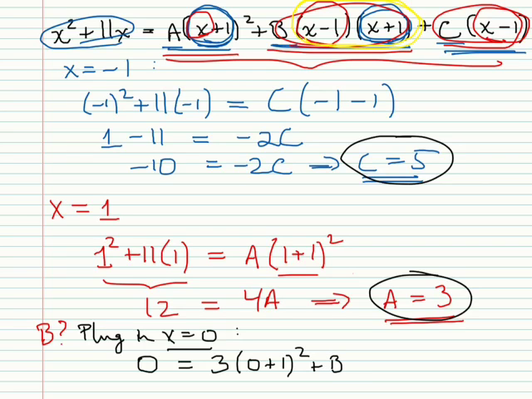We've got b times 0 minus 1, 0 plus 1, and then we've got c, which is 5, times 0 minus 1. So if you work this all out, what you end up with here is